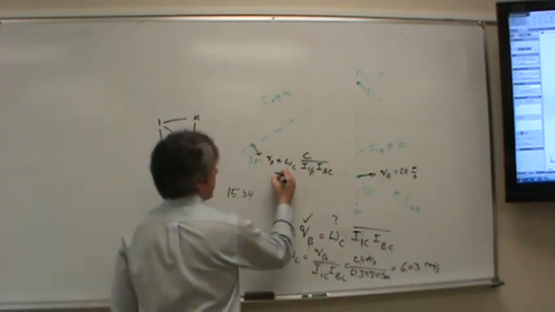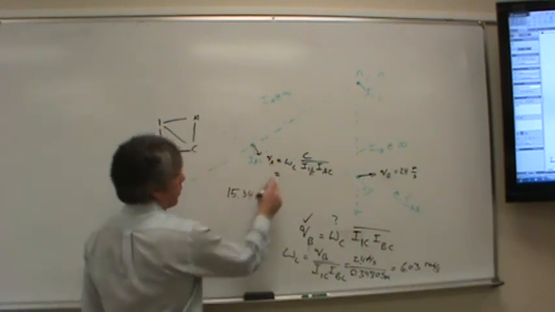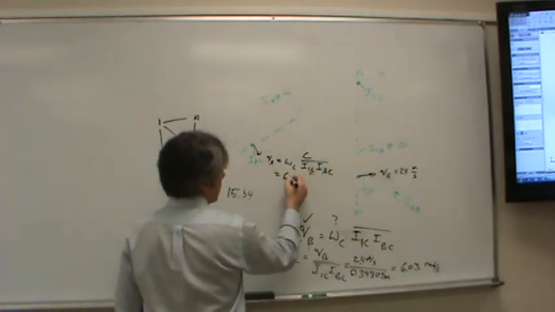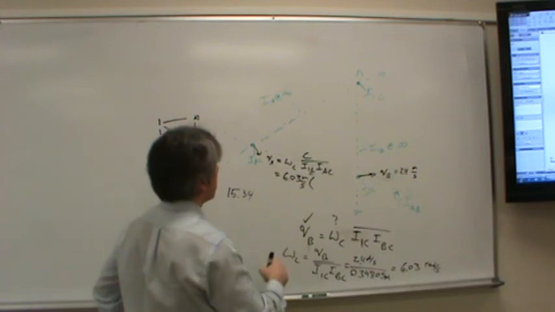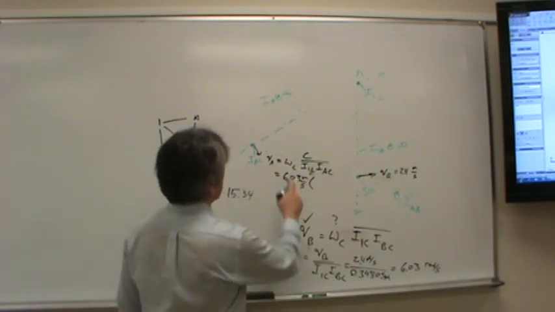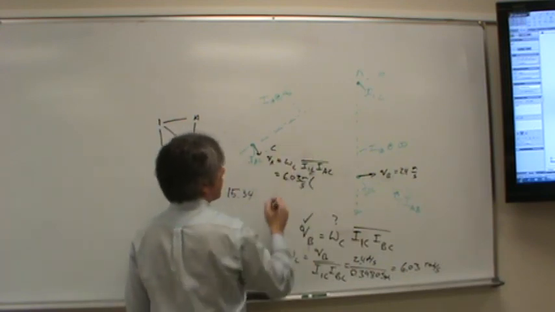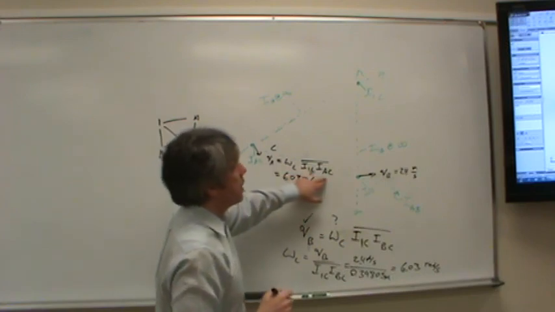Now how about the linear speed of A? Well, now that we've got the angular speed of C, 6.03 radians per second, all we have to do then is, let's see, there's a link C, it's not over. All we need is the distance I1C to AC, but that's